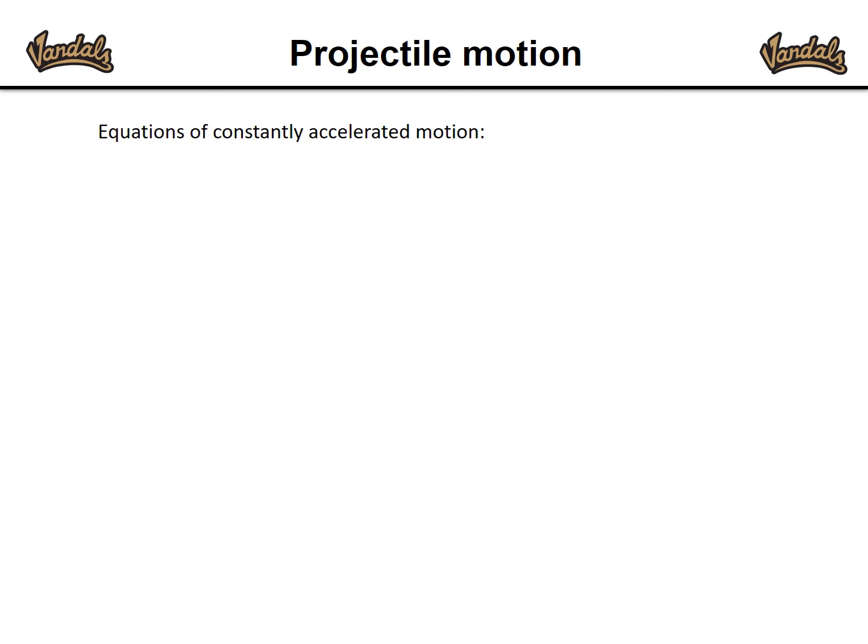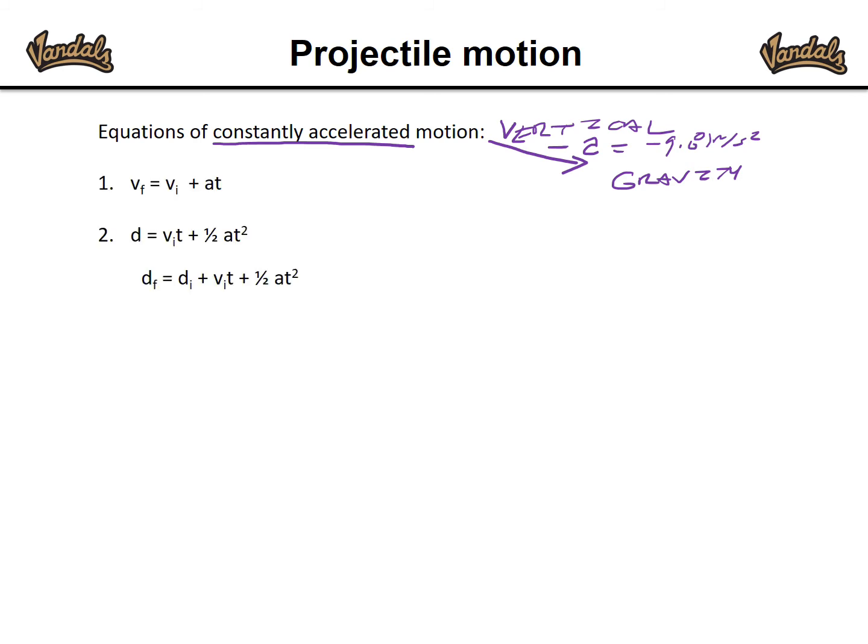You're going to have multiple equations, and what you need to understand is the constantly accelerated motion equations only deal with the vertical motion. And in the vertical motion, the A in all of these is negative 9.81 meters per second squared, which is the motion due to gravity. Okay, so when we say constantly accelerated, the acceleration is constant because it's a constant rate of change due to gravity. These equations look like this, where this is the vertical velocity, so VF is final,